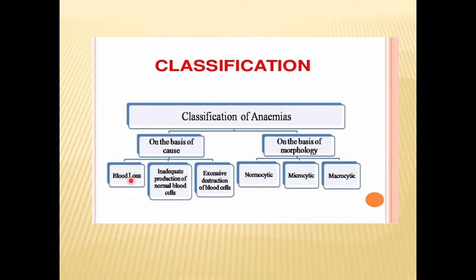Then, inadequate production of normal blood cells. You have a certain condition, a bone marrow condition, wherein the bone marrow cannot produce blood cells. So that is how you get anemia. Or excessive destruction. So there are also conditions that